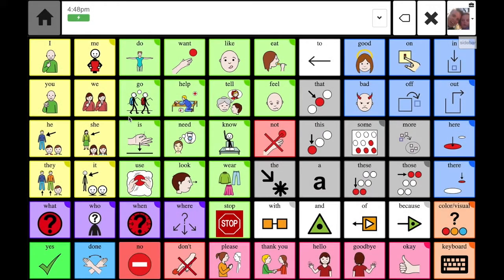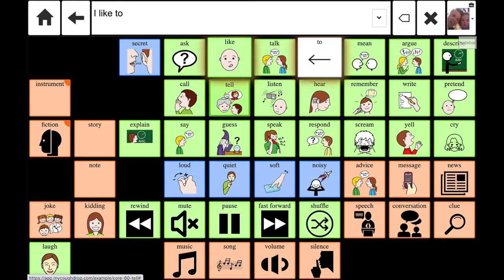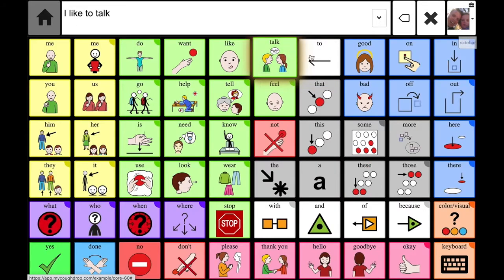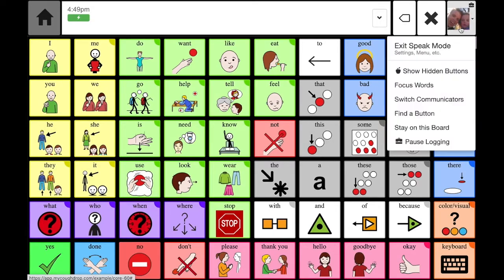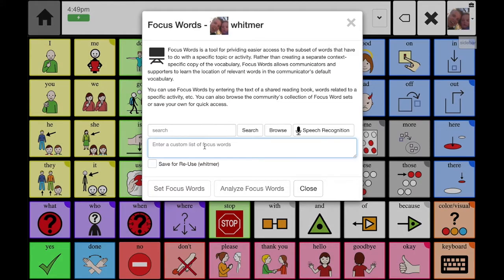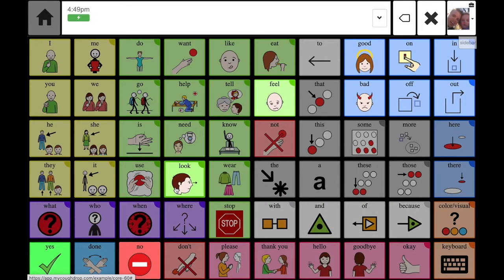Hey, this is Brian from Cough Drop, and we're introducing a new feature called Focus Words. We all know it's useful to have a consistent vocabulary that's always available for the communicator, but there are times when it can help to support a communicator by giving them a little bit more focus. You may want to help target words in a book you're reading or for a specific activity or environment. And the idea of focus words is to provide a little bit more attention to those areas that you're currently